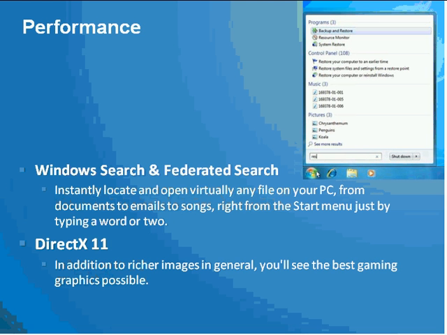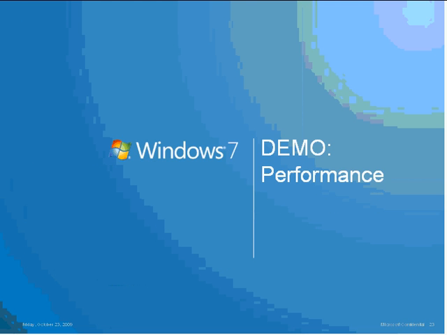In DirectX, in the gaming field, Windows 7 comes with a new DirectX version, which is DirectX 11. Currently, not a lot of games are available using this feature because it's very new, but this is the next API that the gaming industry is going to be using. So let's take a quick look at the various things we talked about in this section. Again, I'll hand it back to Pradeep.